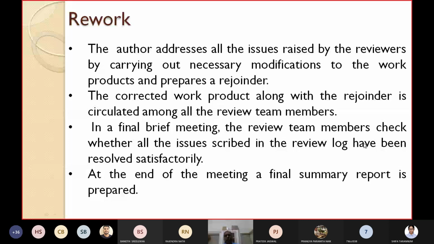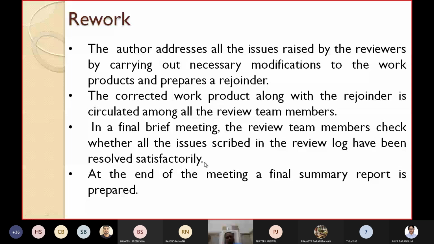If not, they will send back their observations or the revised file to the author. No, we have not made so many changes, so many suggestions or comments are not addressed. Again, you please change. Again they may send back the work product to the author with their comments. This will take an iteration, a loop, until the reviewers are satisfied. Yes, whatever suggestions or comments we have given, they are addressed. The author has corrected and addressed all the issues and resubmitted, then they can agree and close the chapter there.